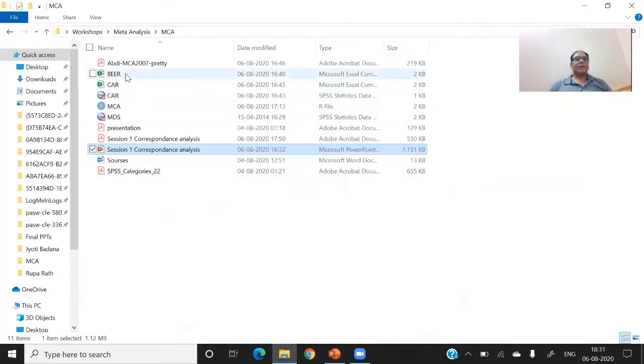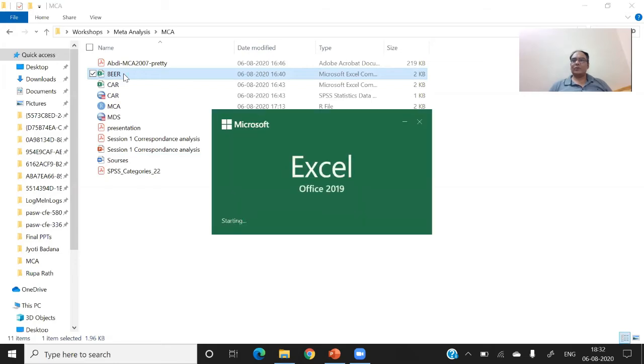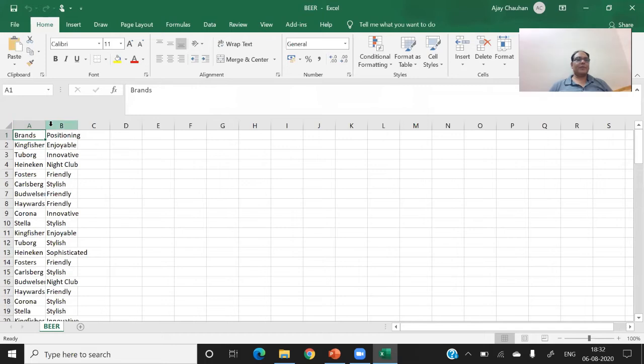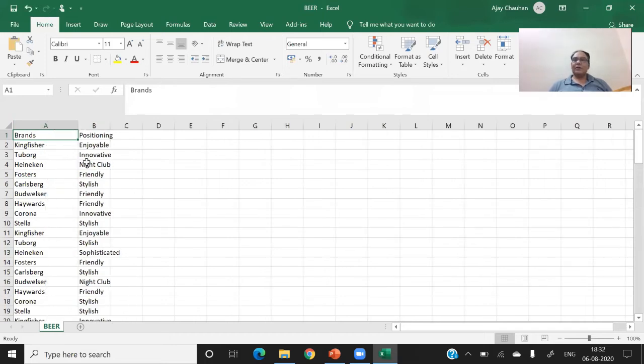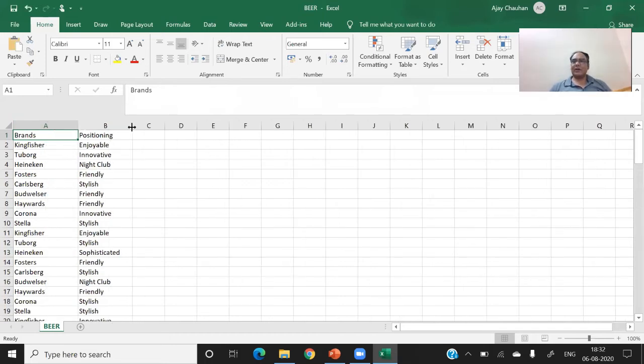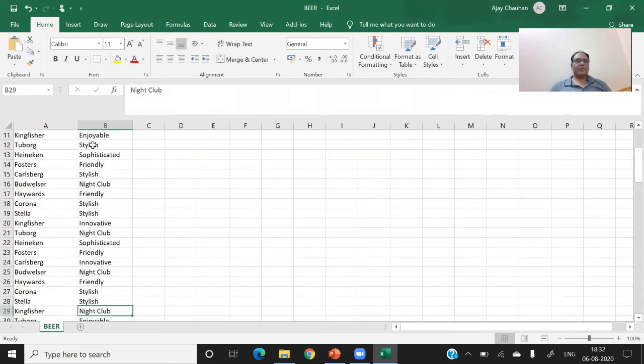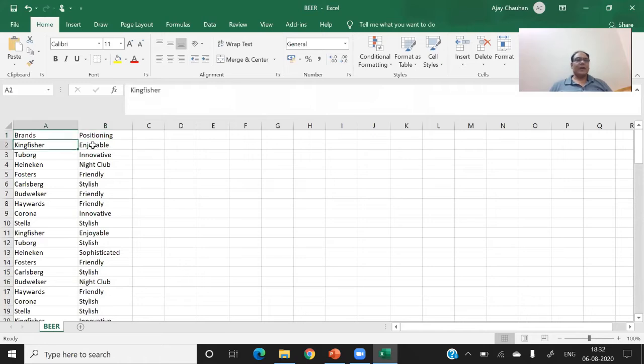First of all, I want to discuss this table. Actually, this is a project which some of the MBA students completed in their summer projects. So in this data set, let me show you the data set. They identified the different brands of beer. So you can see this data set, and we can understand how we maintain the data set. They have some of the positioning or the image of the product. These are the different images of the product, like innovative, friendly, and these are the different brands of the beer.